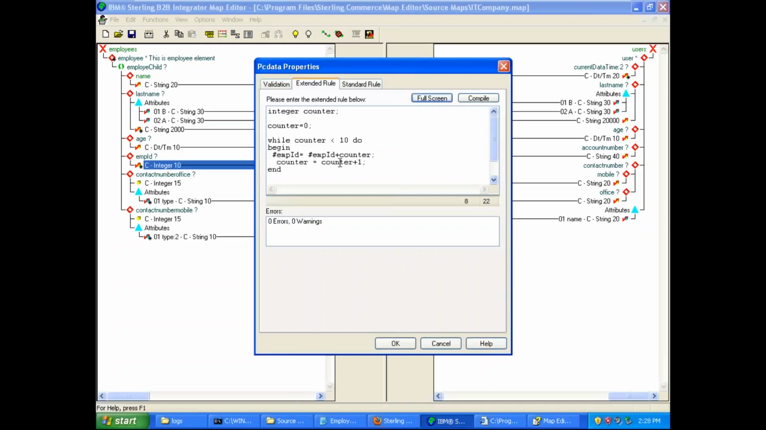The current value of counter is 0, so 0 plus 1 is 1. Now the value of counter is 1. Control will go to the first statement again and check the while condition. The value of counter right now is 1, so 1 is less than 10, the condition is true. It will run this statement again, counter equals counter plus 1. Now the value of counter is 2. Similarly it will go on, and at one point it will be 9